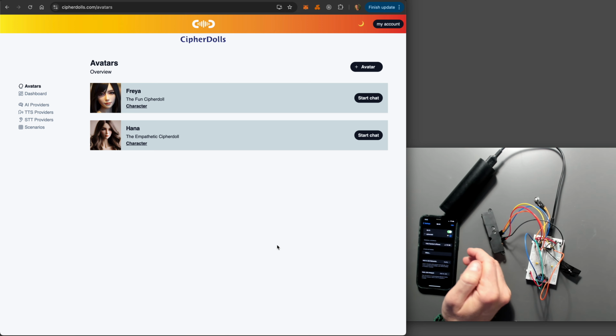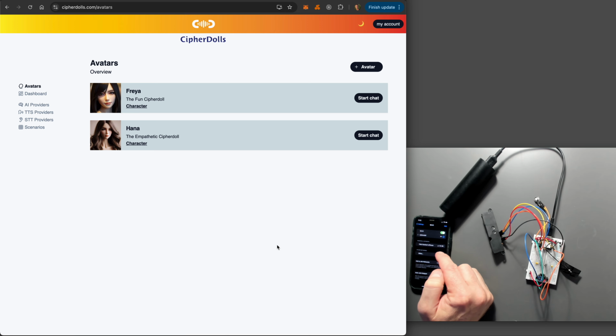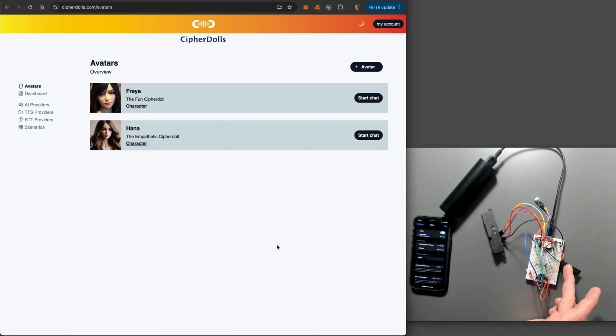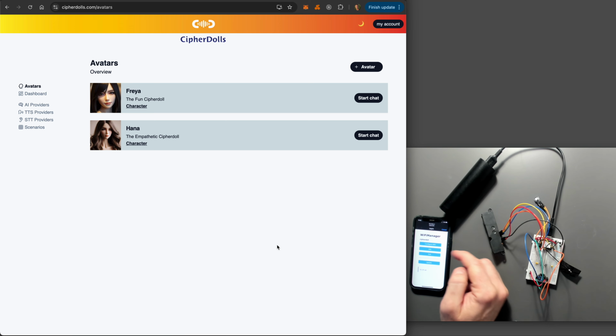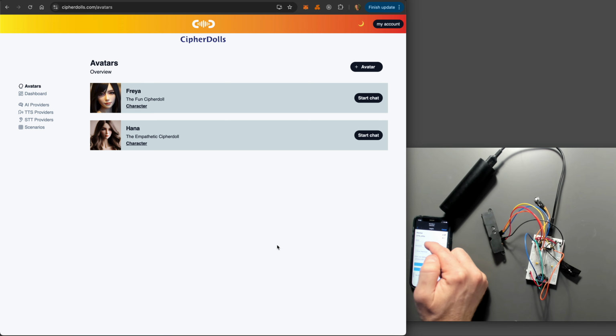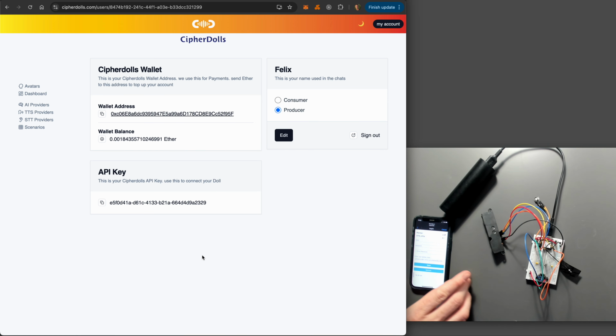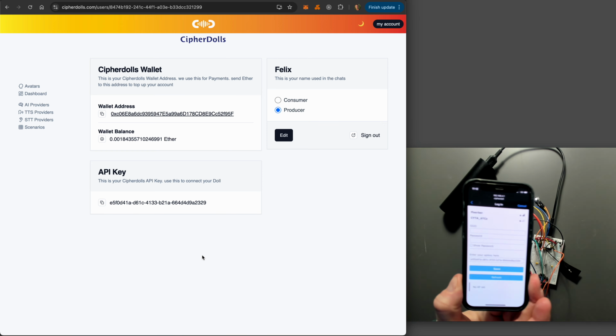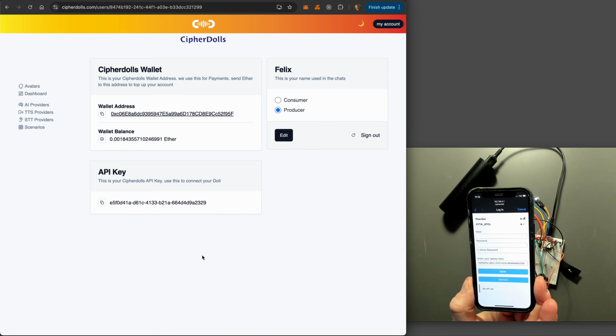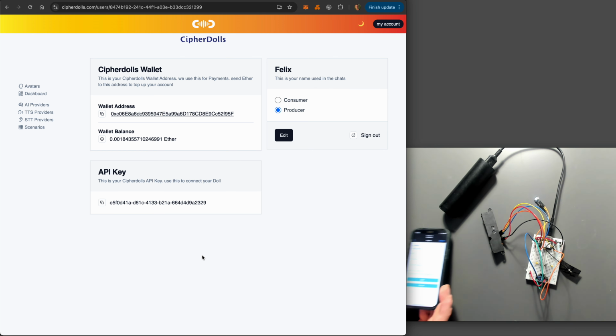It's called CypherDoll. Now the smartphone is connecting to the internal Wi-Fi of the board, and you have some UI where you can set some configs. For example, you have Wi-Fi credentials and your API key. The API key is already set up because I didn't flash the board, but it's the same as on the